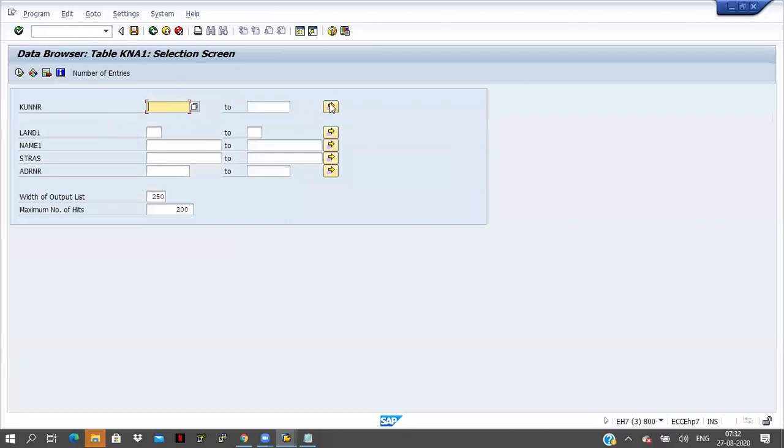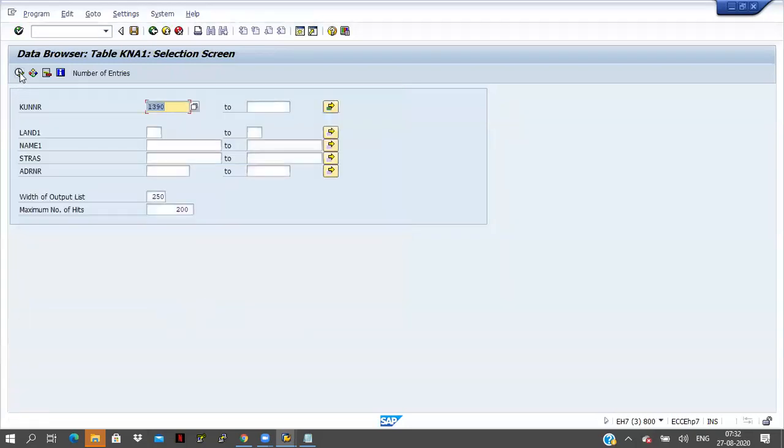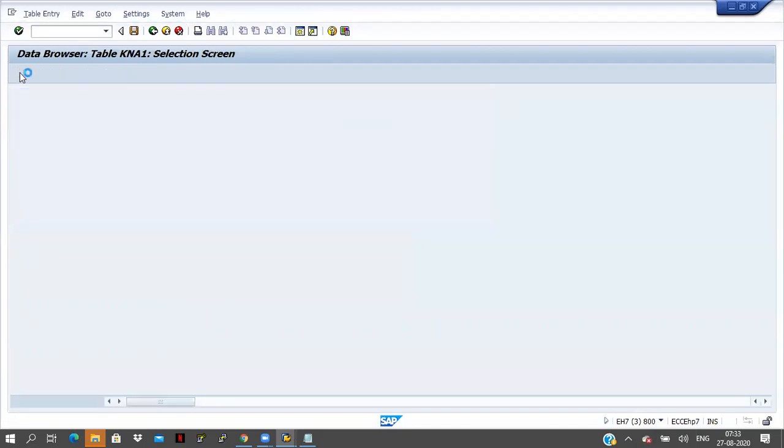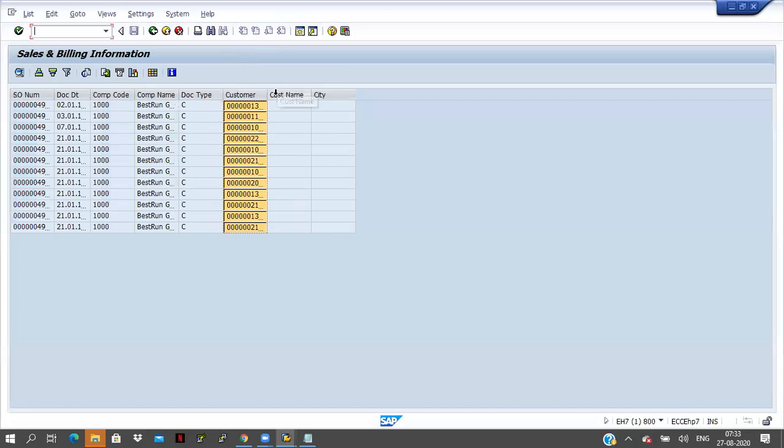I will click on this button, single values, and paste here. Execute it. Customer number, name 1, ORT01. Data is available here, but in our output, data is not coming, means the data is not filling correctly. We have to cross check like that.